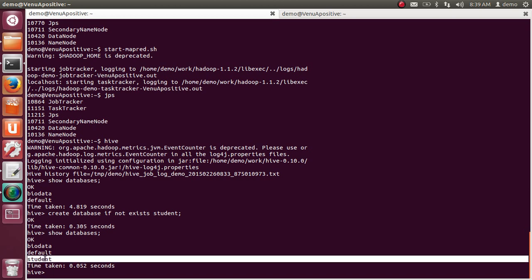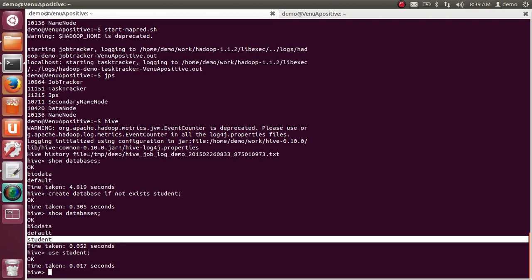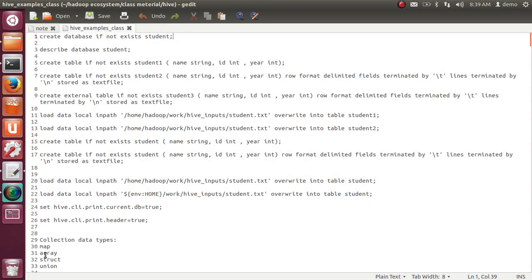Just now I have created it. At the time, use it. It's like SQL queries. Now it is taking student as a database, and everything you have done is stored in student only. Now you should create tables within this database.